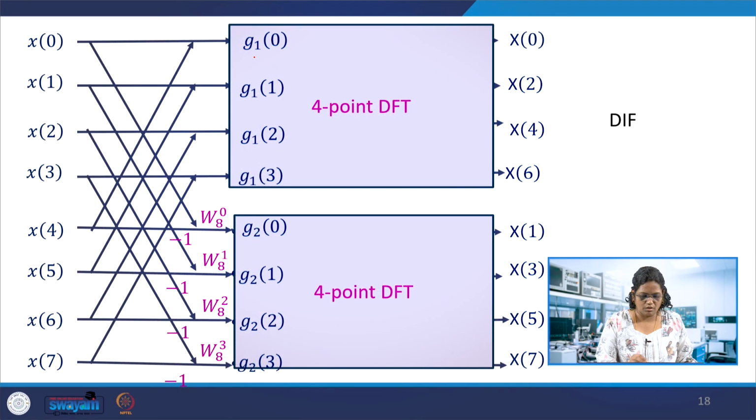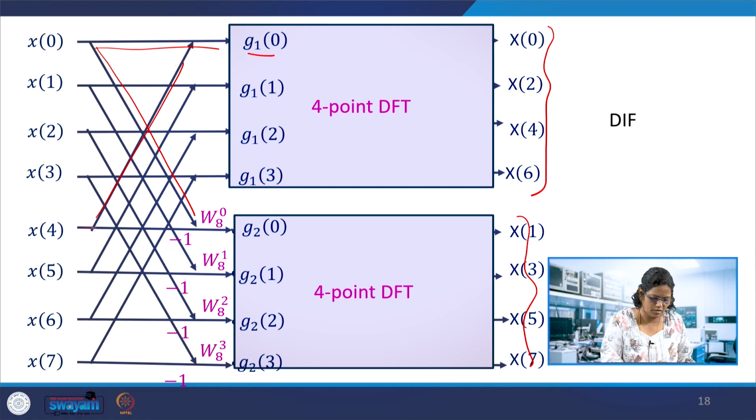So in the equation now we get the ordered samples at the output, not bit reversed. It is not decimation in time. This is decimation in frequency. So we can observe the changes of even and odd over here. The first set to get G20, G10. So for G10 it is x of 0 plus x of 4. Okay, and these are just addition of the samples, two of them. This is contributing one butterfly, right? This is one butterfly. Okay, here we have G1, G2, so next butterfly and so on.